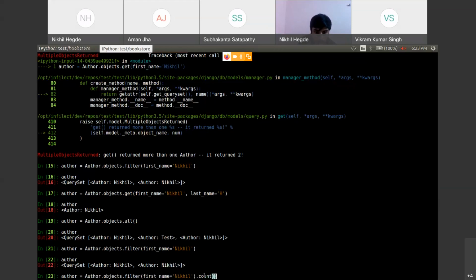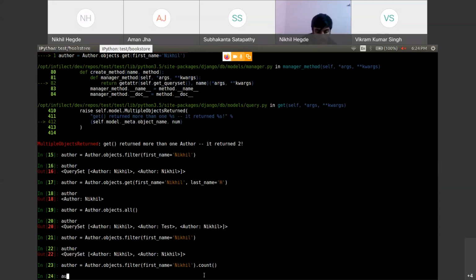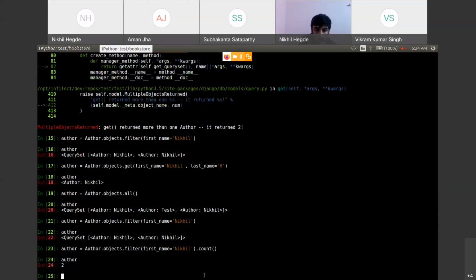You just want to count how many authors there are, so you are using the count method. Previously I had explained count will return only an integer, the number of entries. So if I store this in author and print author, it will show 2. So this is the optimal method.